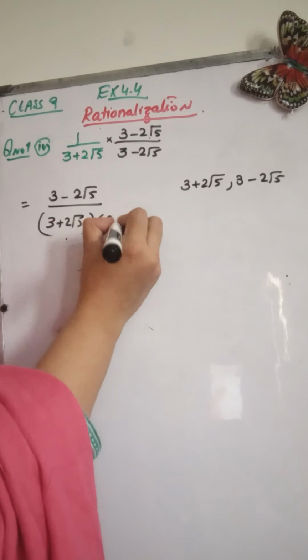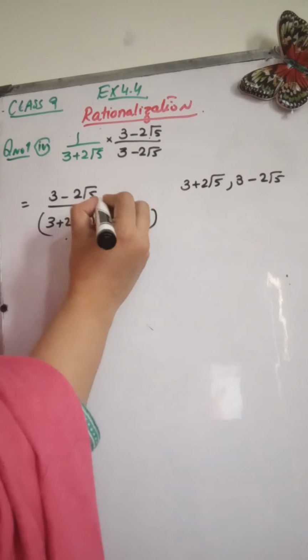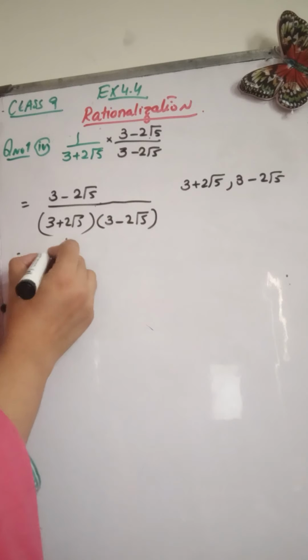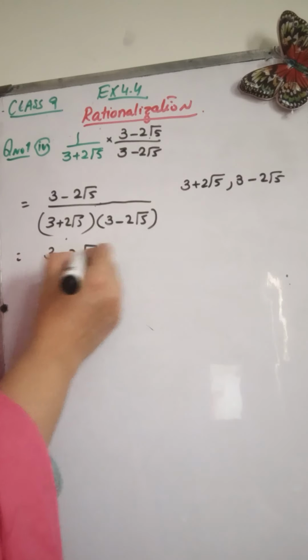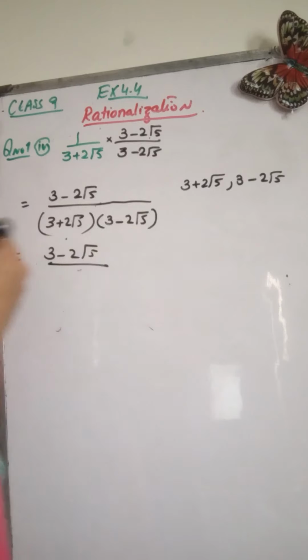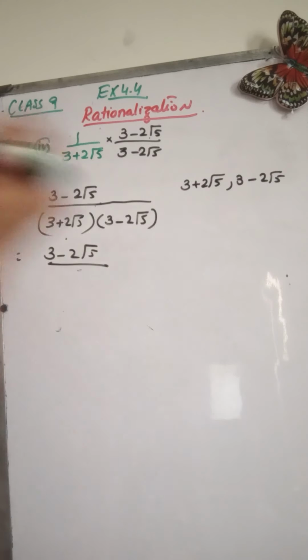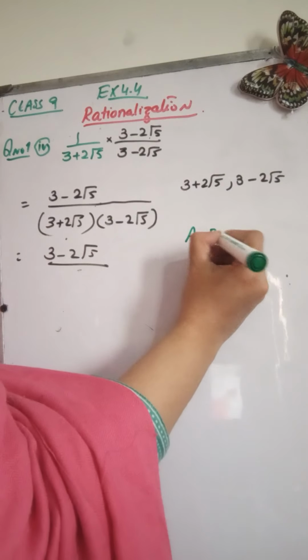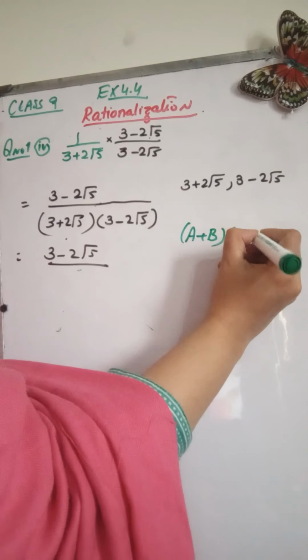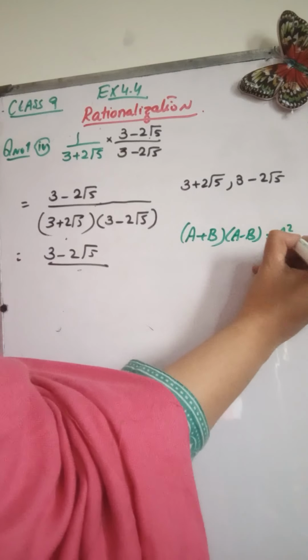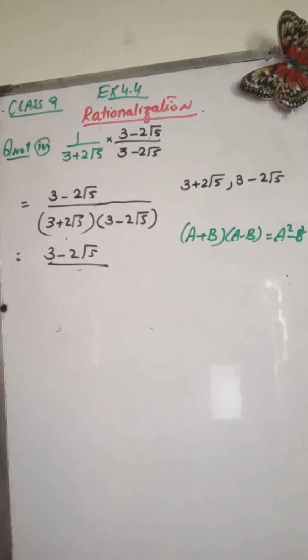By using the formula a plus b into a minus b is equal to a square minus b square,